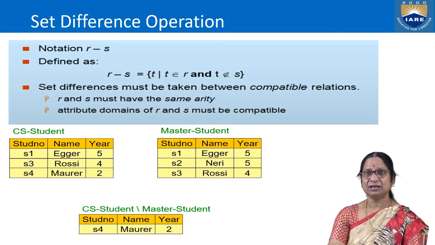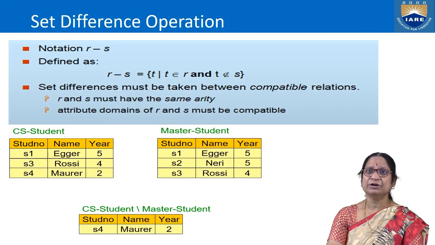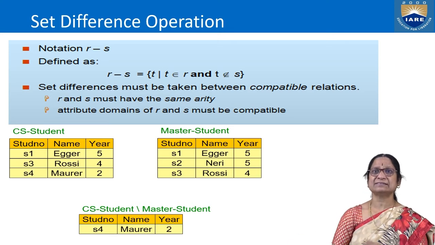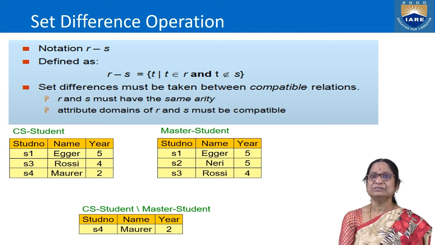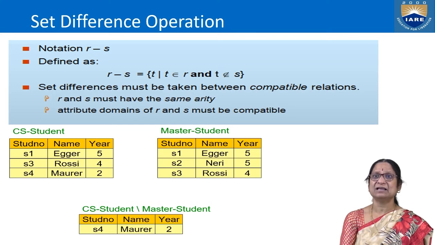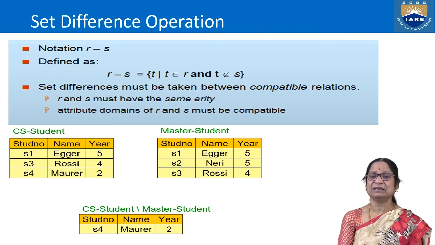So this is the general notation we will follow for set difference R minus S. Mathematically, R minus S is the set of tuples T such that T belongs to R and T does not belong to S. Please remember that. To do this, set difference must be taken between compatible relations, that is, both of them should have the same arity